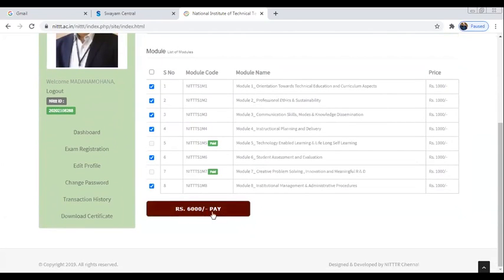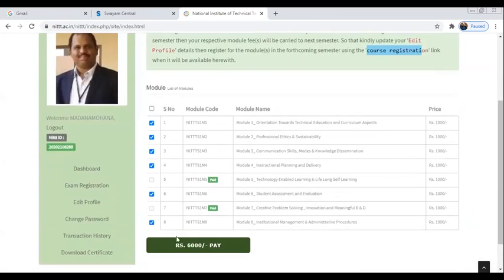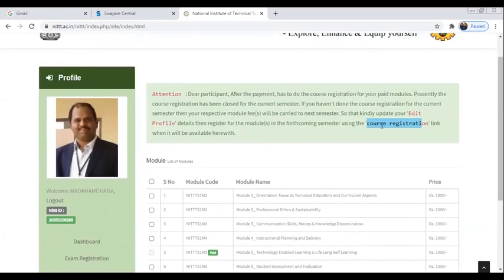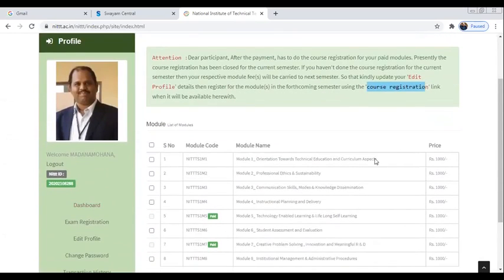Then you have to proceed to pay. It moves to the payment gateway. Once you paid, it shows all modules paid. After payment is over, the course registration link will be enabled. In this, you can select the appropriate module. Then only these modules will be moved to the Swayam portal. Otherwise, these modules won't move.